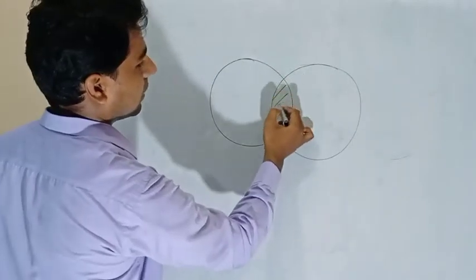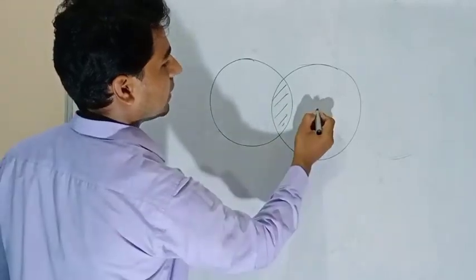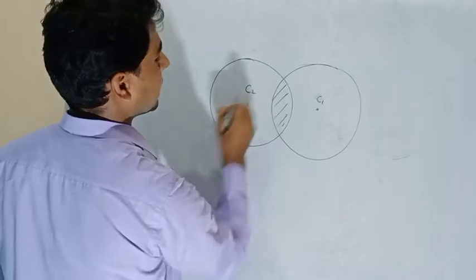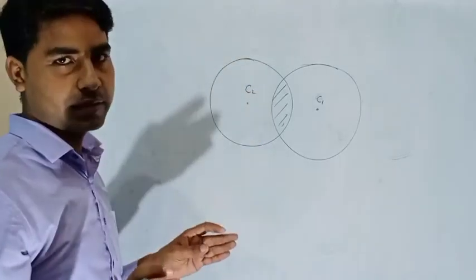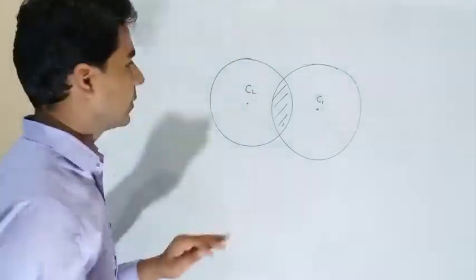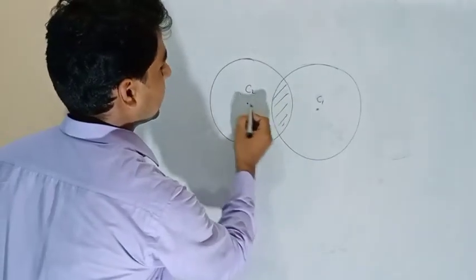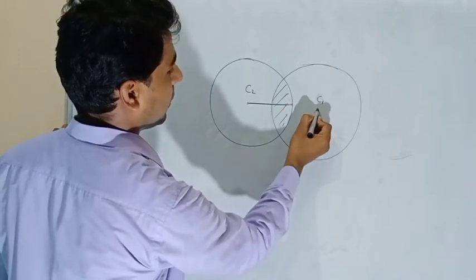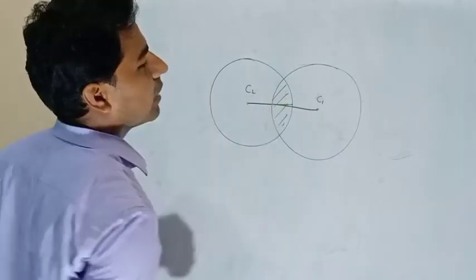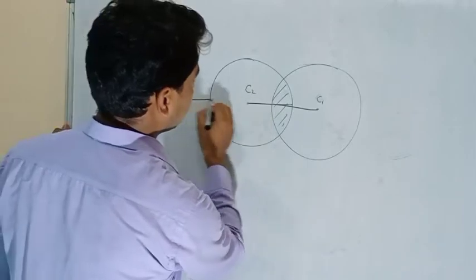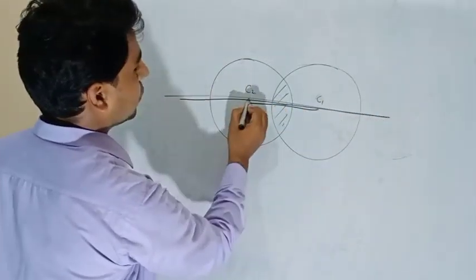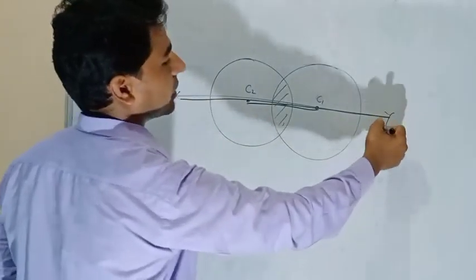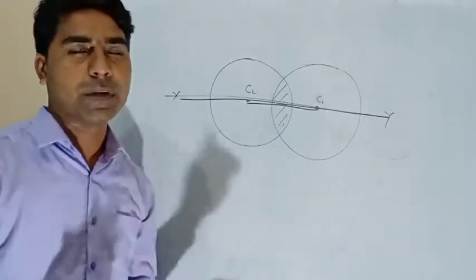Here, this one is our lens. This is the center of curvature for the first surface and this is the center of curvature for the second surface. I am talking about the convex lens. The same is for the concave also. So this distance from here to here is called radius of curvature, and the line passing between the two centers of curvature is known as the principal axis. I was saying that this is XY, so this is the principal axis.